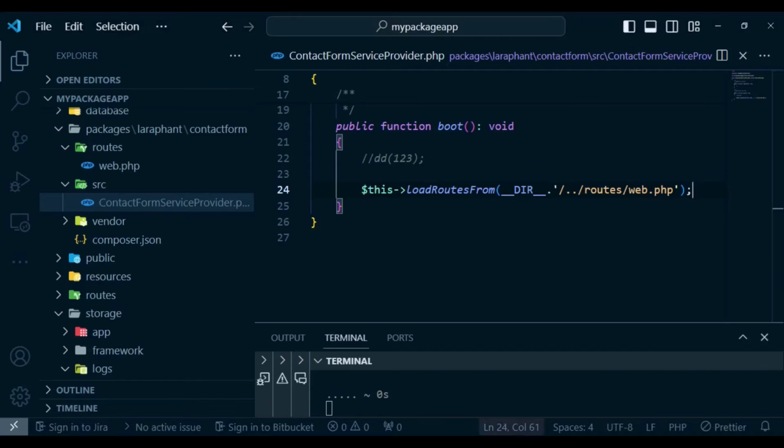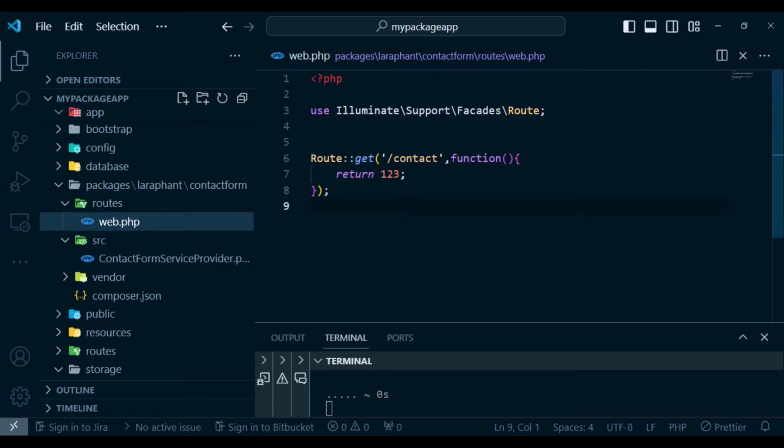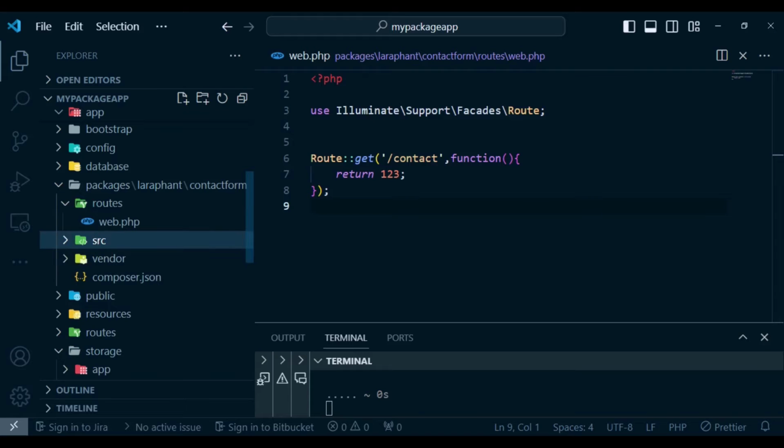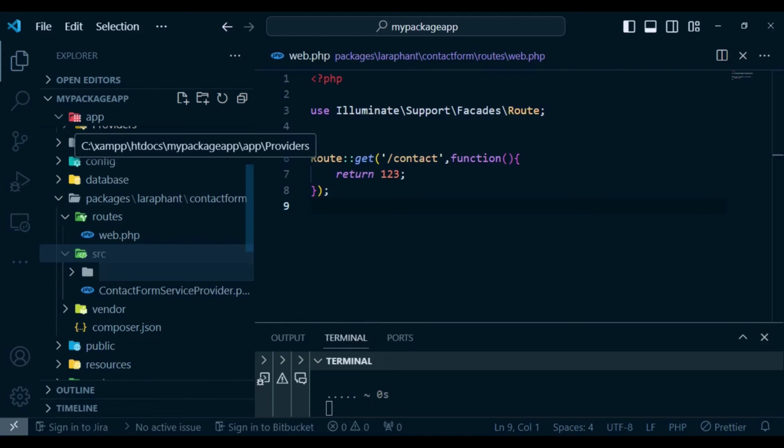But in this case, I do not want to use the route in this fashion. I want us to load our route from a controller method. So we will go ahead and also create a controller and go on like that. So the controller, we are going to create it inside the source folder. So inside here, I want us to have a folder that we are going to call